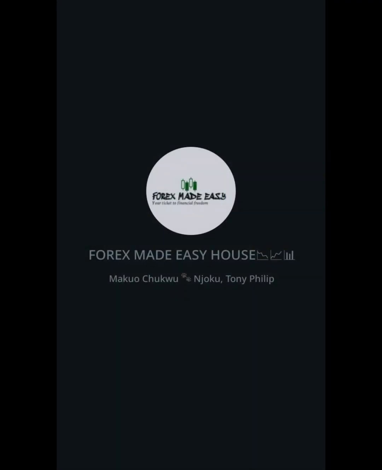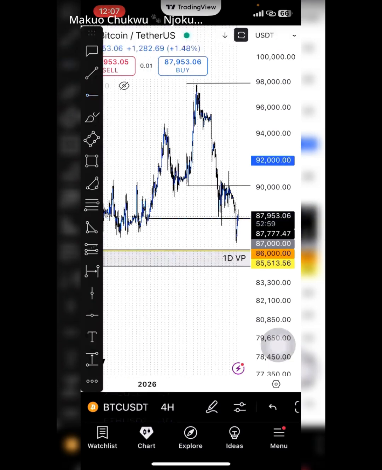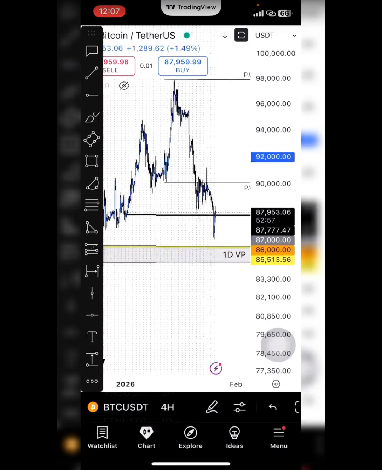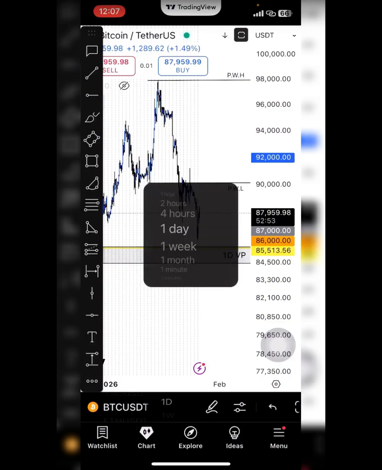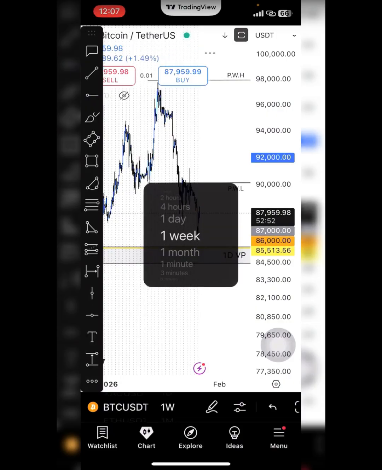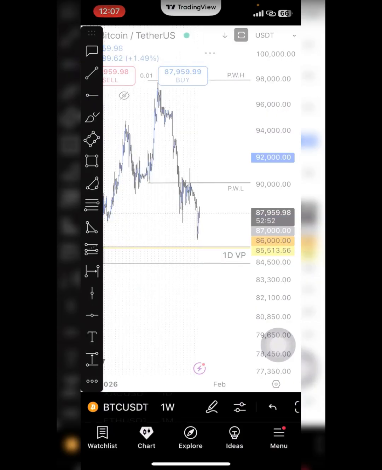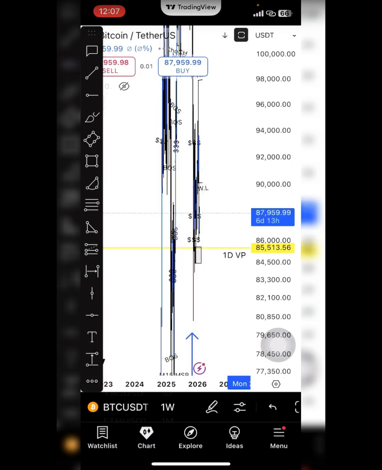This was where Bitcoin was January 1st by 9 a.m. So the market is back to this price. But my level to buy Bitcoin from has not even been reached yet. So let me just save this. Based on the article I read, institutions are taking profits. So on the weekly time frame, let's mark out the previous week high and previous week